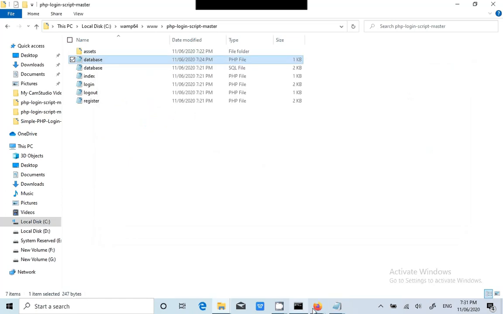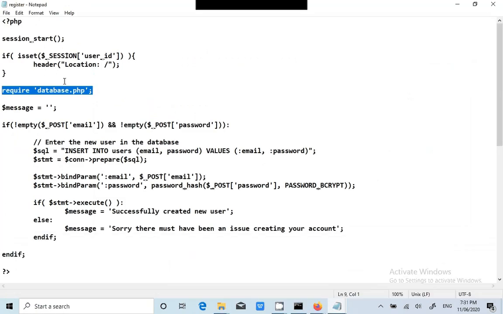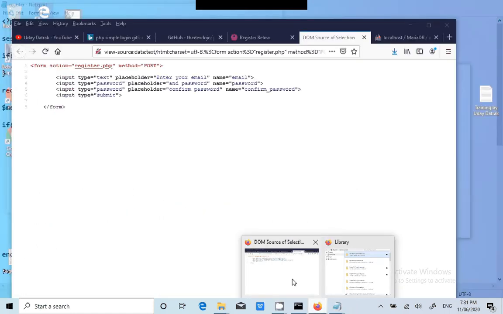Once require database.php is loaded and executed, we are connected to the auth database, and then we insert into the table. We are inserting the email address and password into the users table. Let's see whether it was inserted successfully or not.